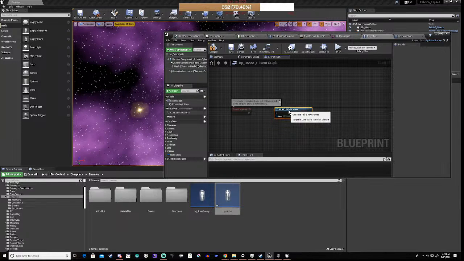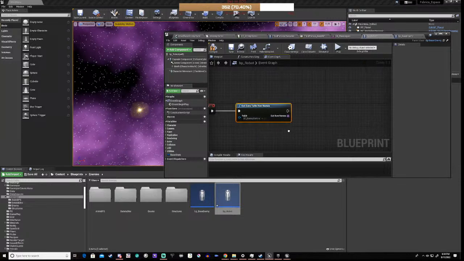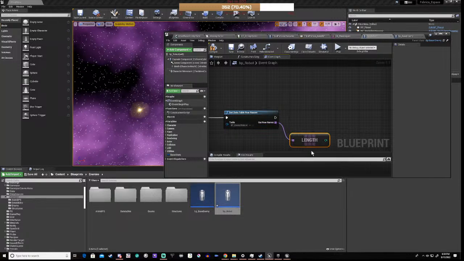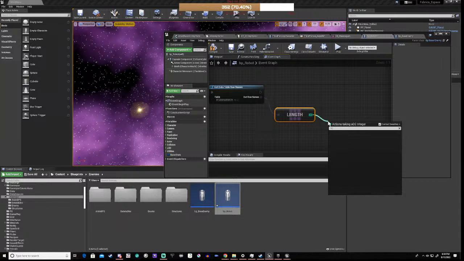Right, now at this precise moment in time we only have one, but we'll set this up to pick out a random one anyway, and then we're going to set up all the values otherwise, and this is going to be DT enemy stats, right? Then we're going to get the length of this. Then we're going to take away 1